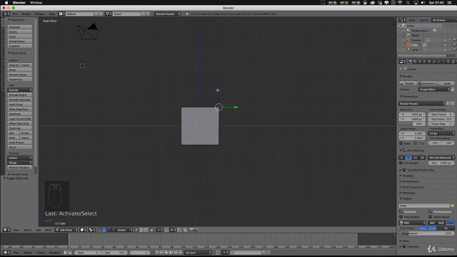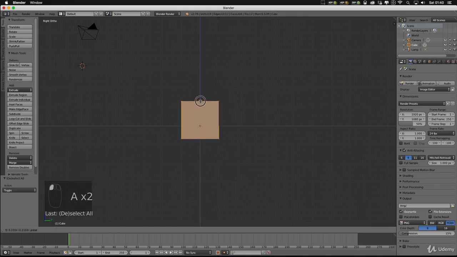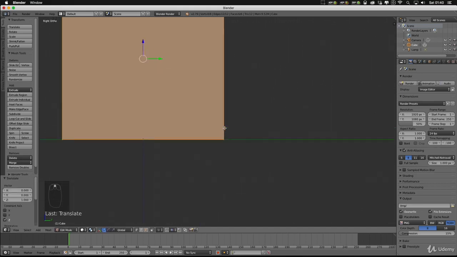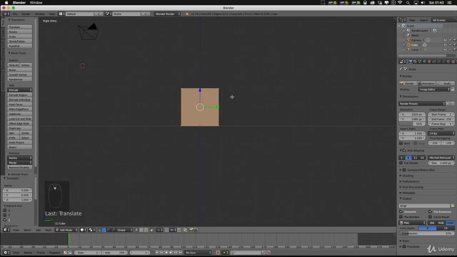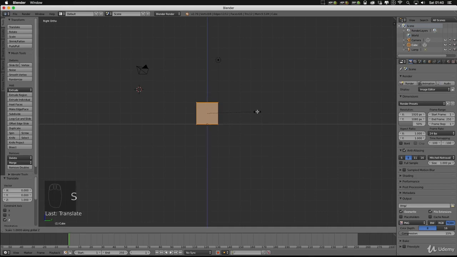So we're just going to move this, so make sure we've got it all selected, not just one point. So A to deselect, A to select all, and we're just going to move it up so it's sat on that y-axis there, and then we're going to want to scale this upwards. So I'm going to scale it on the Z, scale it up and then move it up again.